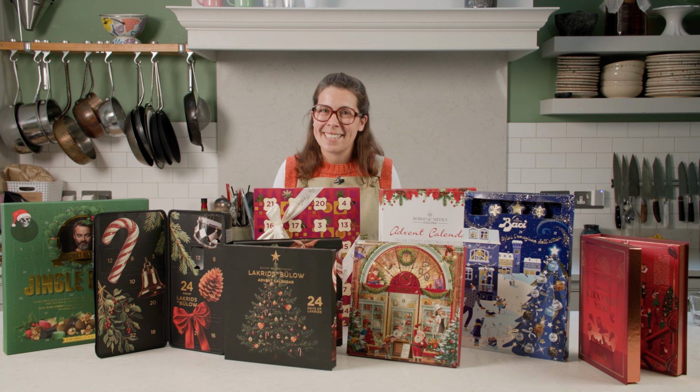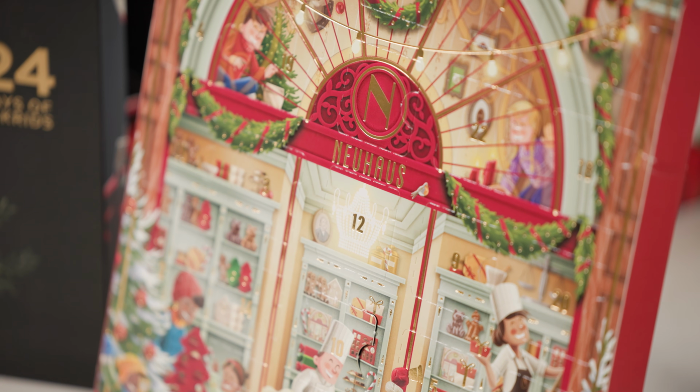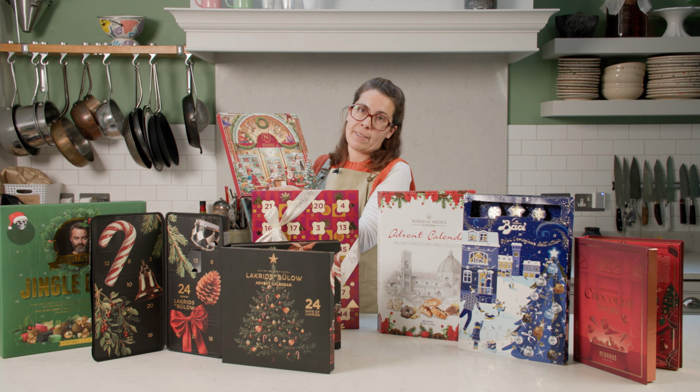I'm Holly, the food editor at Sous Chef, and I'm really excited to show you our alternative advent calendars for 2025. First up, we've got some really lovely calendars from Neuhaus, who are one of Belgium's really famous chocolatiers, and